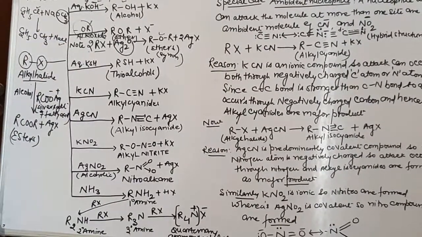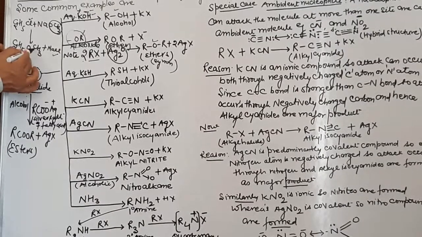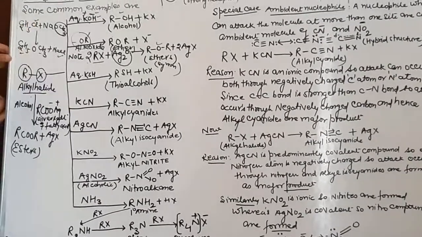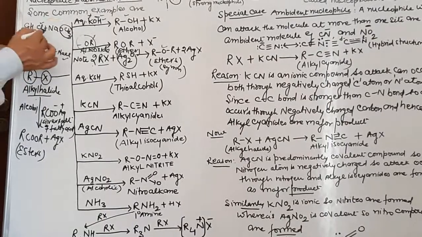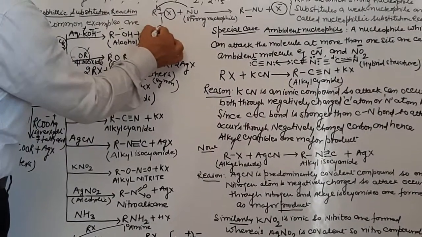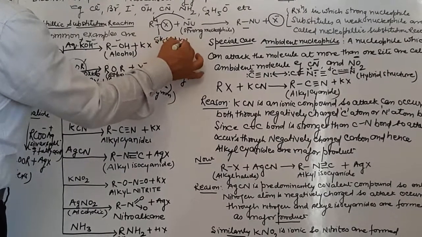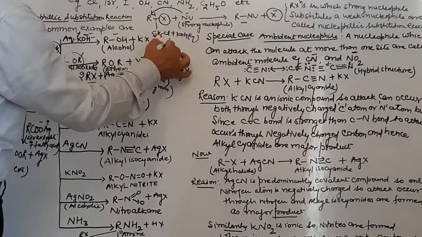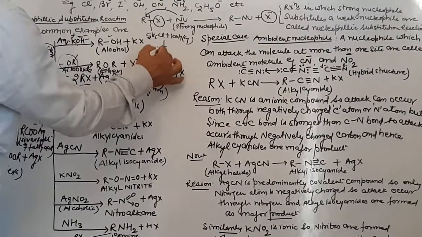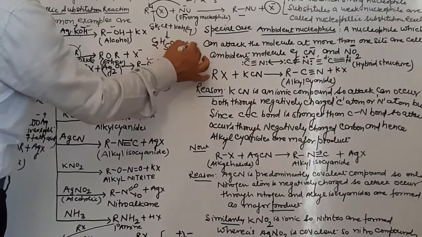So what reaction is this? This is the nucleophilic substitution reaction. So what product will this be? This will be ethyl methyl ether. Similarly, in the first reaction, if you take ethyl chloride, and this ethyl chloride is made to react with potassium hydroxide, which is aqueous, it will result in the formation of ethyl alcohol, and potassium chloride will be given out.